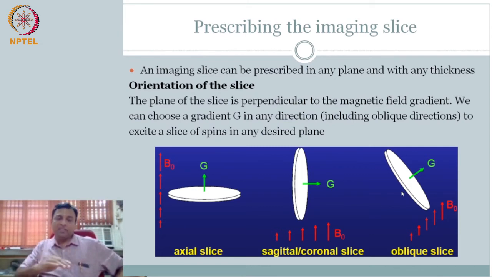For simplicity, we will keep to the X, Y, Z that we have, the orthogonal. In fact, even that, we will first talk about Z as the axial slice, and we'll continue. But you see the powerfulness of what we have covered so far. Understand the concept, you could do whatever you want.